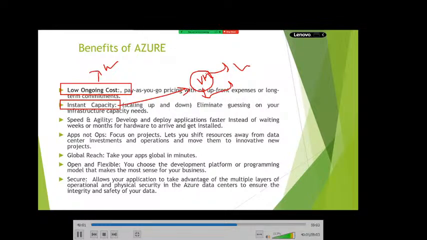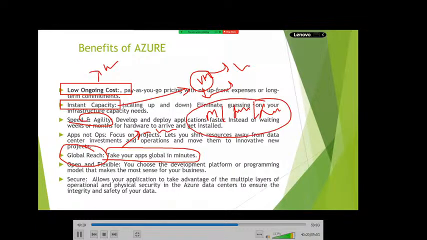Okay, next, speed and agility. Next, global reach. Your data can be distributed across the globe in minutes. You know why Microsoft, Google and Facebook applications are very fast, even though they have billions of customers all around the world?